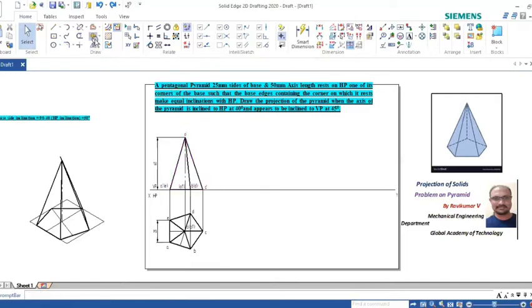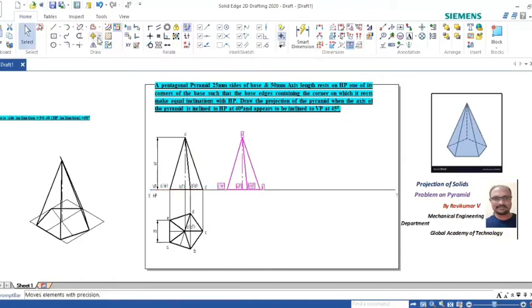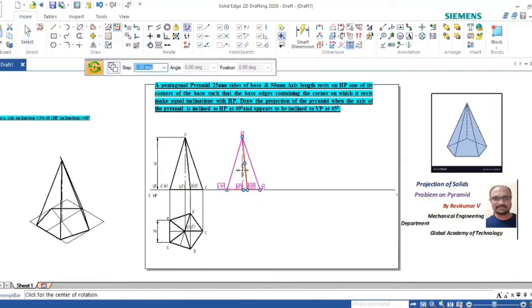Go to move, make a move copy, select this corner, move. Then right click, then go to rotate. Now you have to make this axis line incline at 40 degrees. Select the axis line O and O dash.